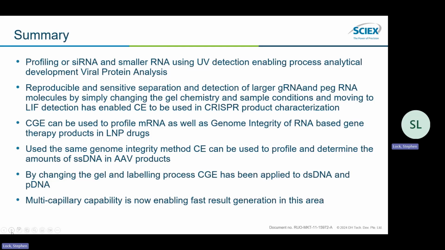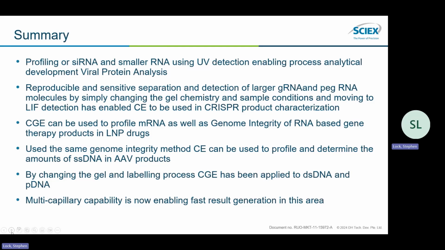CE is very reproducible and sensitive, especially if you move to using laser-induced fluorescence, and can be applied to separation and detection of larger guide RNA and prime editing guide RNA molecules by simply changing the gel chemistry and sample conditions. And moving to LIF detection, as I mentioned, really enhances the sensitivity, and it allows it to be applied